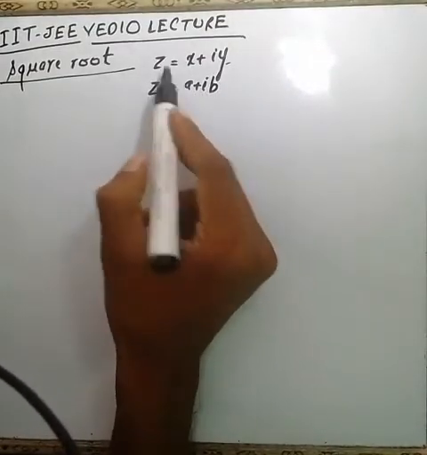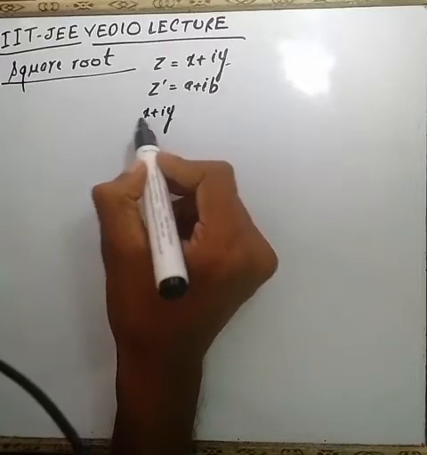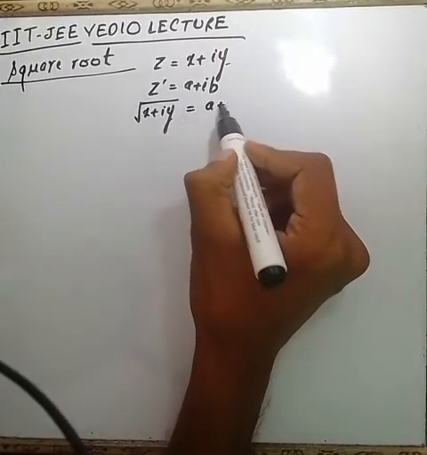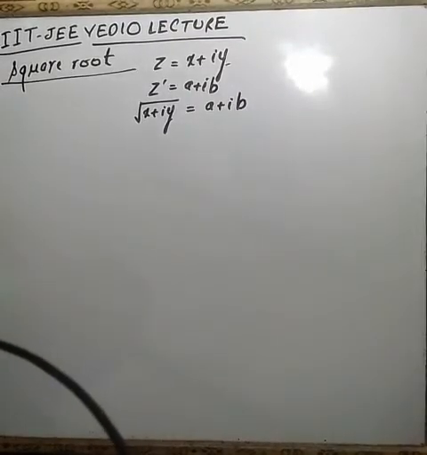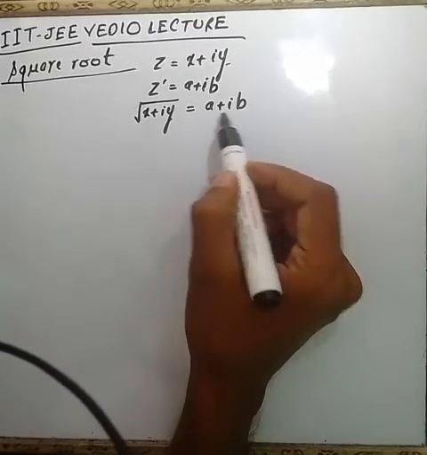So under root of this z, x plus iy, equals a plus ib, because the square root of a complex number will also be a complex number. Okay, so now for finding the values of a and b,